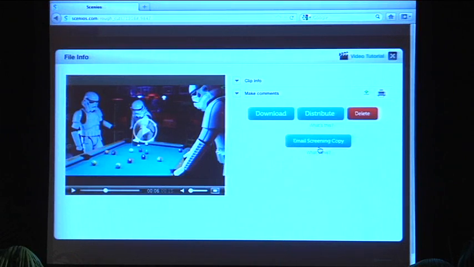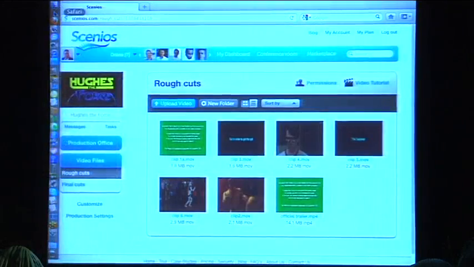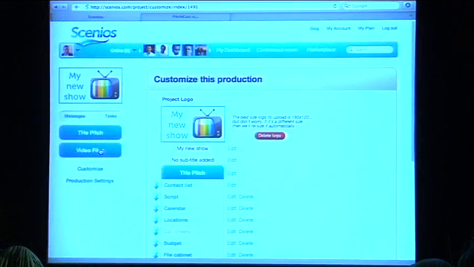You actually set, for security reasons, Rod talked before about you never leave anything behind. For security reasons, you set the video to self-destruct. So, link valid for... maybe you only want it to be active for 24 hours. The person gets a link, they click on the link, they open up the email, and it takes them to a full-page view of the high-definition view of the video clip. So very easy to manage and collaborate on video and share it with people that you want to share it with.